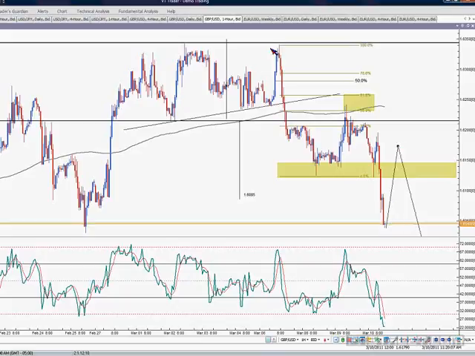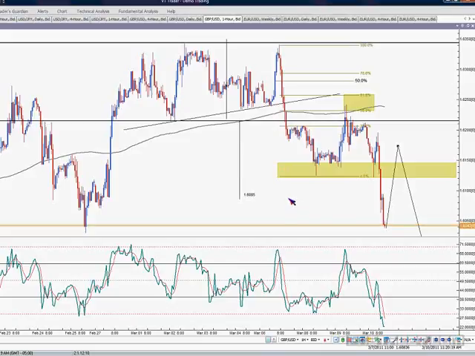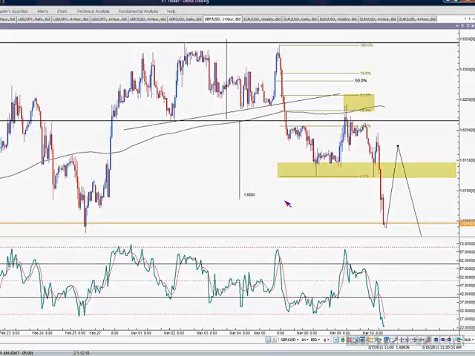That's one scenario. Another scenario is that this is A, B, C, and the market's ready to rally back up. So Elliott wave opens up a lot of scenarios. The best time to apply Elliott wave analysis is when you have different scenarios all pointing to the same direction, or at least, they might not point to the same direction eventually, but maybe a wave B or a wave 2 are matched to point to the same direction.